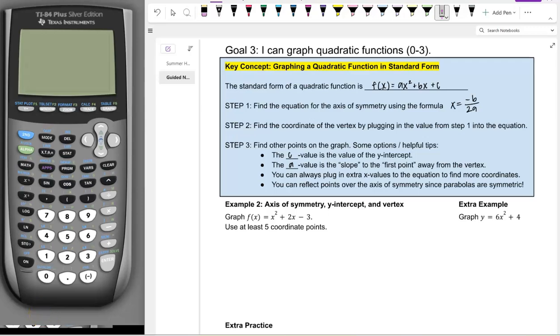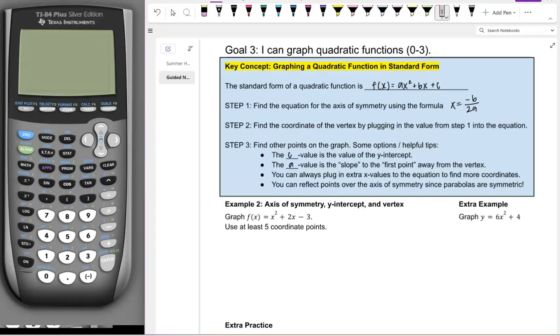Welcome back, guys. Today we are going to be talking about graphing quadratic functions. So this is the next section in chapter 0. We are still just reviewing some concepts from Algebra 1 and 2, and one of those is graphing a quadratic